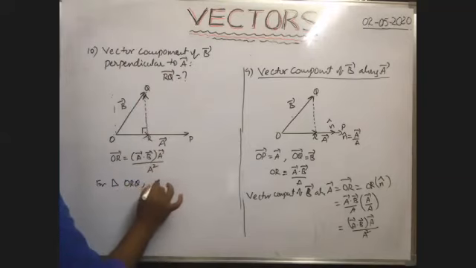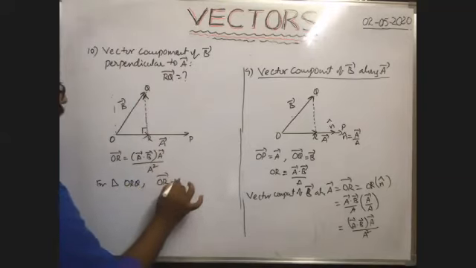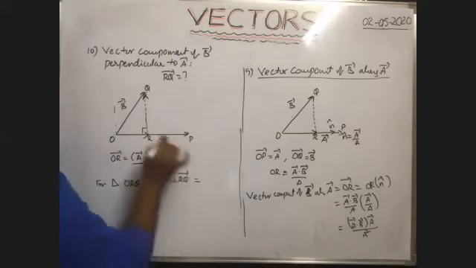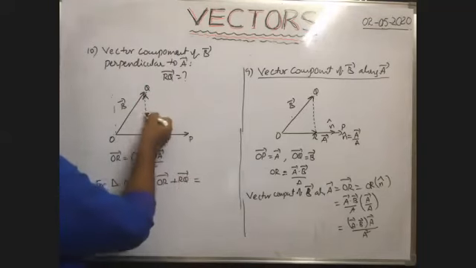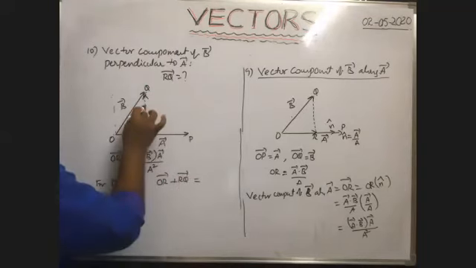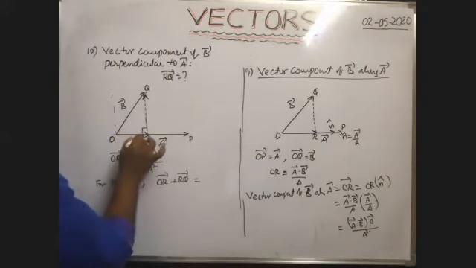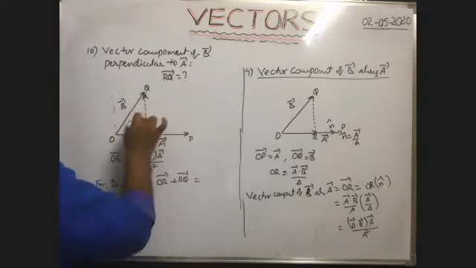OR bar plus RQ bar is equal to OQ bar, because RQ bar can be added to OR bar as its initial vector coincides with the final vector of OR bar. So the resultant of these two is given by the line joining the initial vector of OR bar and the final vector of RQ bar. Okay.